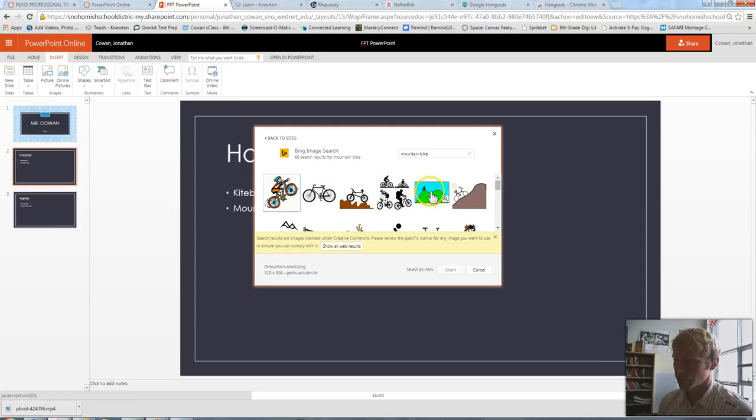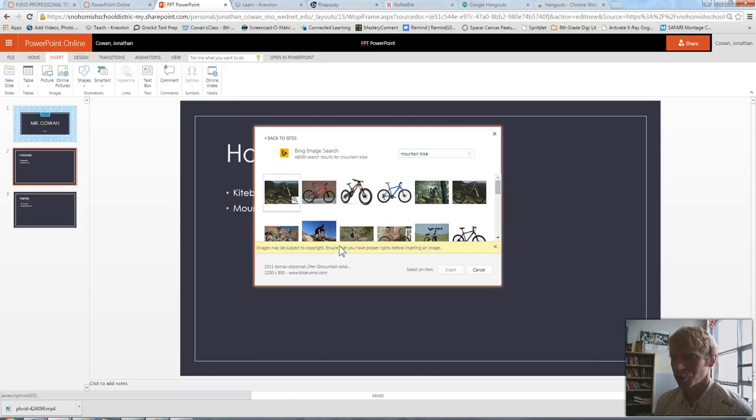Now the first images that come up, these are images that are not copyrighted. Anybody's free to use them. If you want to try to make money opening a mountain bike business, you could use this picture. However, when you click Show All Web Results, what you'll find are way cooler pictures. However, these pictures are copyrighted. That means you can't make money off of them and you can't claim that they're your own work. But when you're just making a PowerPoint, like for school or something like that, it's totally okay to use these